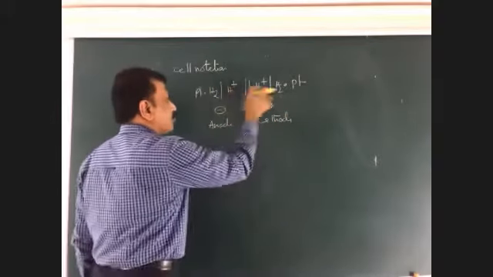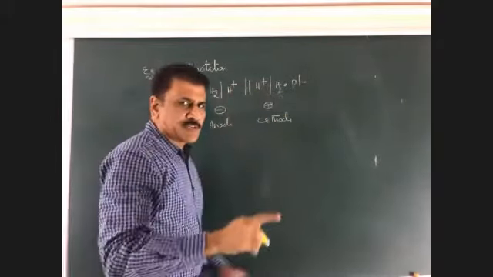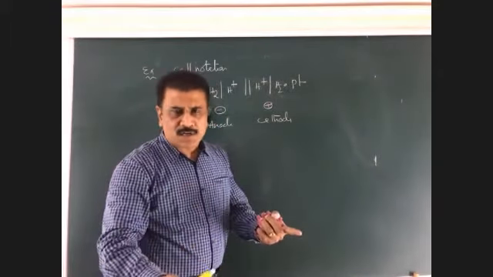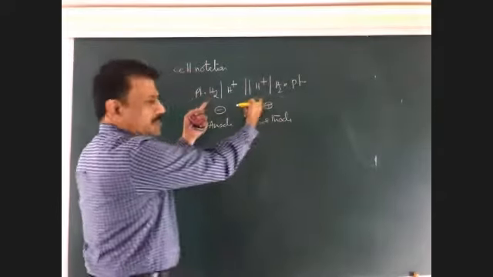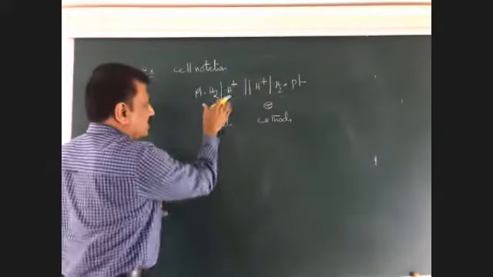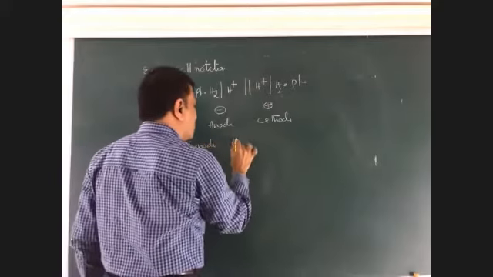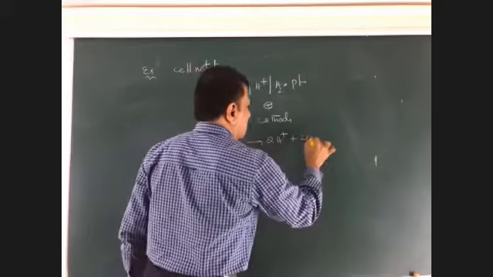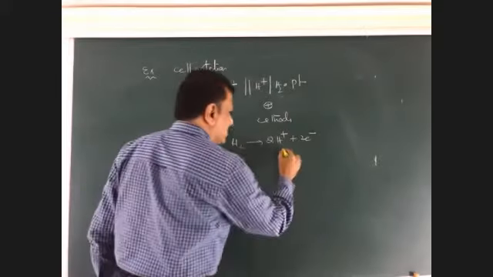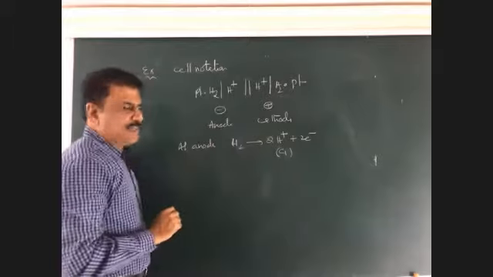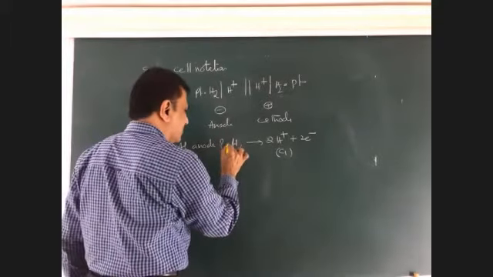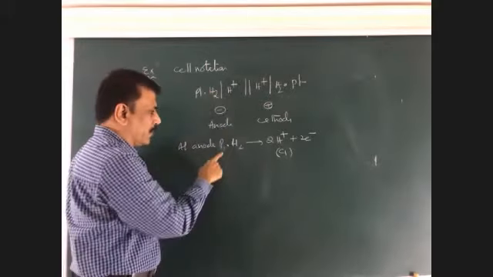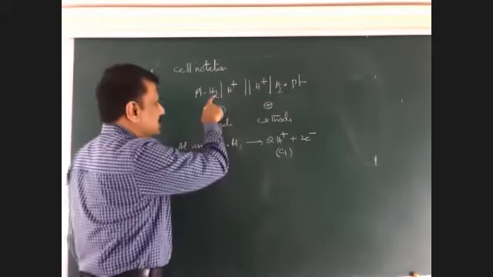Here I have taken both non-metal electrodes. In the previous case, two metal electrodes were taken. One metal electrode and one non-metal electrode was also discussed. Here, both are non-metal electrodes. Now, how do we write it? At the anode, H2 changes into 2H plus plus 2 electrons. So this is C1 for convenience, and this is P1, because pressure is also applied for gases, not platinum. Pressure is also applied since they are gases.